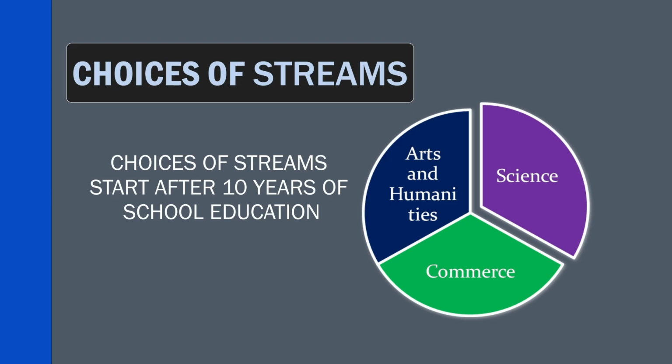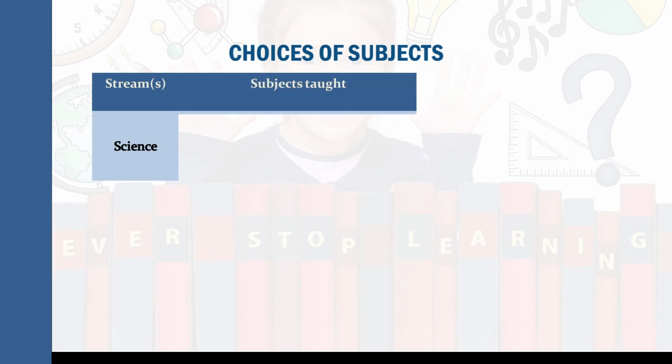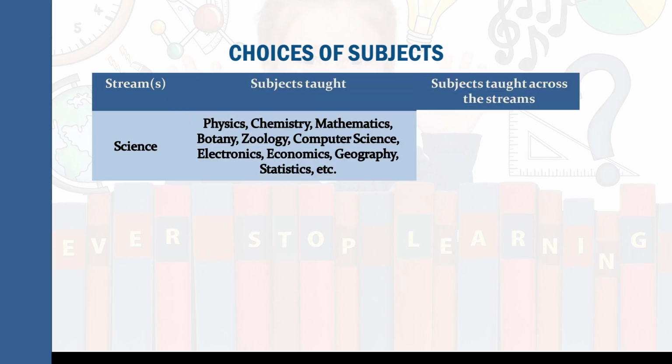And further, you will find that a group of students opt to continue their education in the science stream, and also a group of students opt to study the commerce discipline or commerce stream. So these three streams are popularly used in the school education system. And further, to discuss choices of subjects, you will find that in science, the subjects taught are